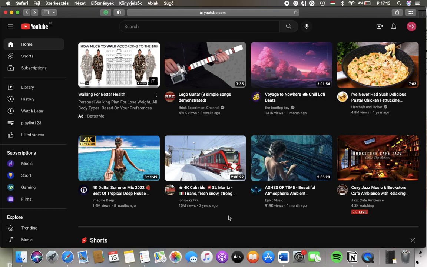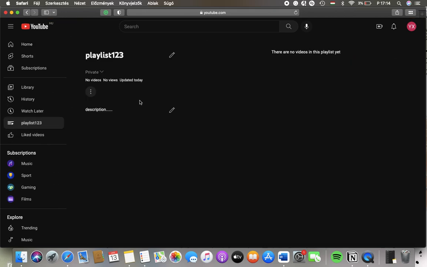First of all, open the website on your device. After that, you should tap on your playlist that you can find in the left side column of the screen. Tap on it, and if you want to change the name of your playlist, just simply tap on this pencil button, edit title. At the top next to the title, here you should delete it and type in the new